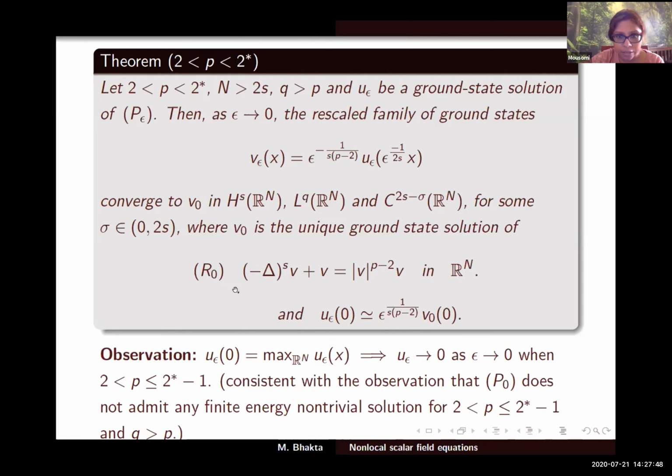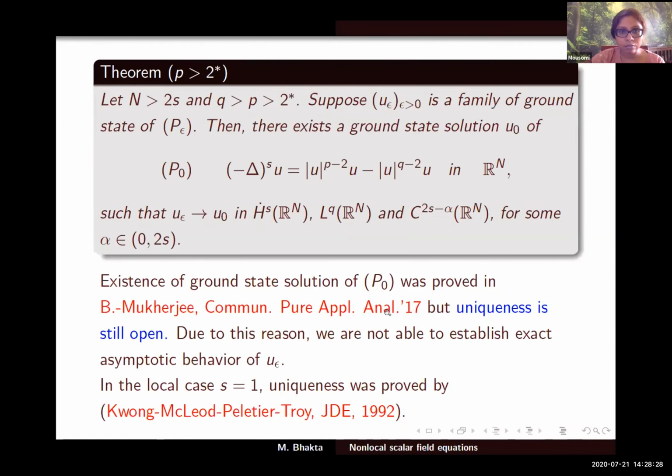I mentioned that Frank, Lenzmann and Silvestre have proved uniqueness of the ground state solution for this equation. So we have shown that U epsilon, up to a rescaling in the subcritical case, converges to the unique ground state solution of this one. And this is the exact asymptotic behavior. As we have assumed that the maximum is at 0, in the subcritical case U epsilon at 0 is epsilon to the power of this. This is a positive exponent, right? So as epsilon goes to 0, this goes to 0 in the subcritical case,